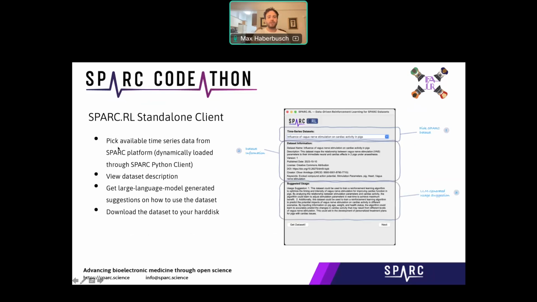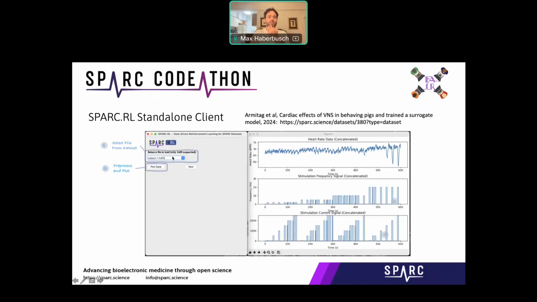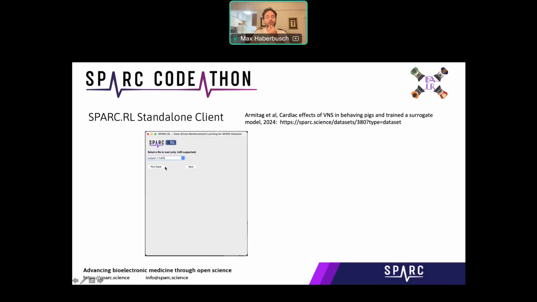You can pick here available time series data from the SPARC platform. We can view the dataset description here, and also we produce a suggestion on how to use the dataset in reinforcement learning using a large language model. Once you pick the dataset, you can download it to your hard disk. Next step, you can select the file from the dataset and pre-process it. You can visualize the pre-processed data, and if you are happy with the pre-processed data, you can move to the